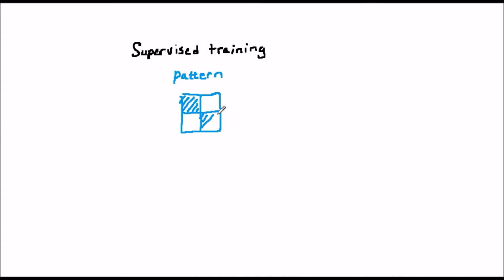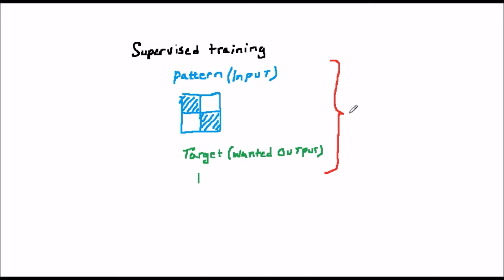Firstly, however, let me say that there are different types of learning or training algorithms, and we'll meet these as we go through the course. But the type I'm going to describe here is perhaps the most common and is called a supervised training algorithm. In supervised training, the network learns patterns by example. We give it examples of the patterns we want to recognize, for example, the letters of the alphabet, and we tell it what output we would like it to give for each pattern. These required outputs are called targets. A pattern and its corresponding target is called a training pair, and a whole set of these is called a